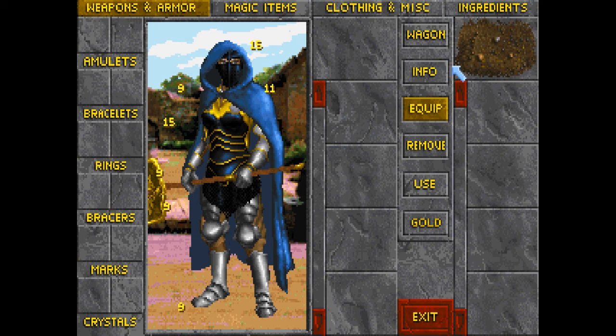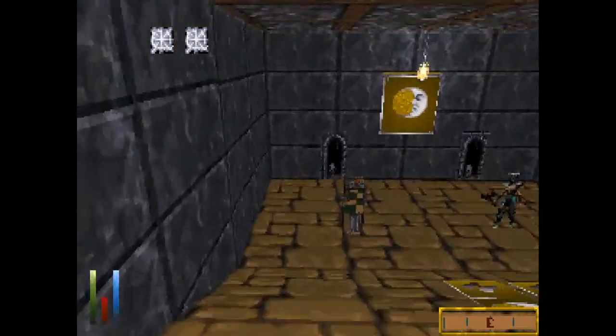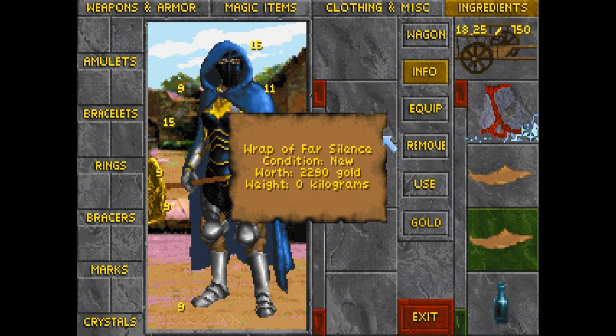But I also identified the shield. Why can't I? Hold on. Oh, because I'm technically in a dungeon. Alright, so I'll run down here. Access my wagon. So I already had the Wrap of Far Silence, which is a targeted silence, which means I